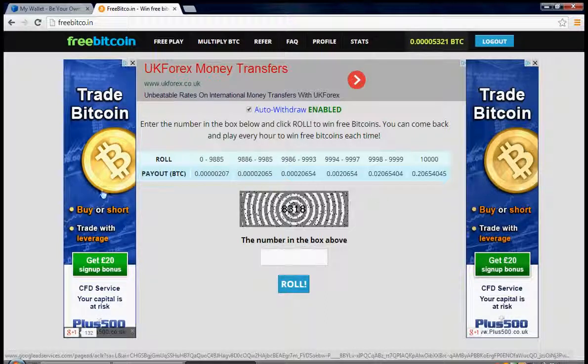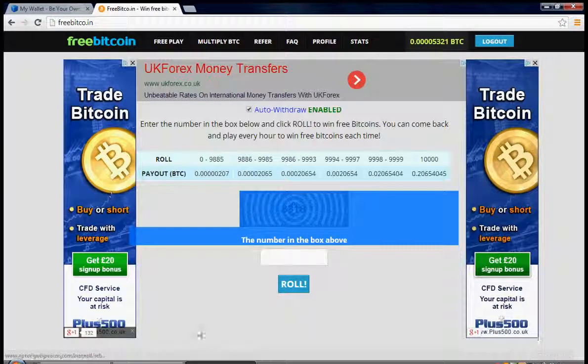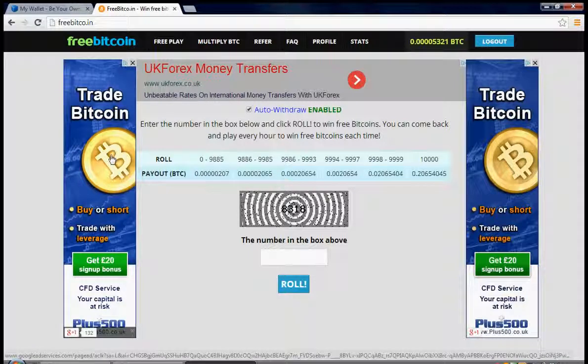Let me just see if I can highlight that. Right, so you've got ads on the left, you've got ads on the right, and you've got ads going on the top. So this is how they're making their money with the ads. They get a certain amount of revenue for every impression or click on these ads. But not just that, a lot of the time the people that own these sites have been mining Bitcoin for maybe years, for a while, and